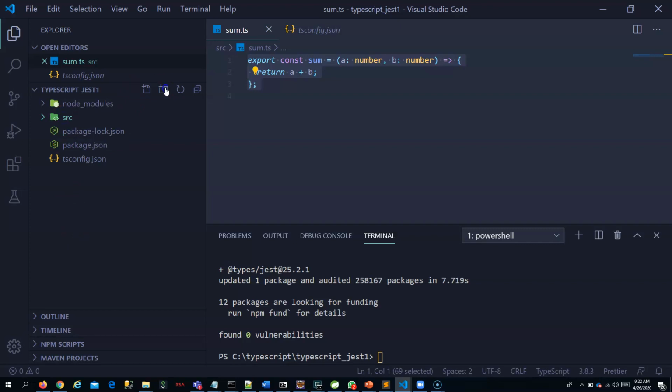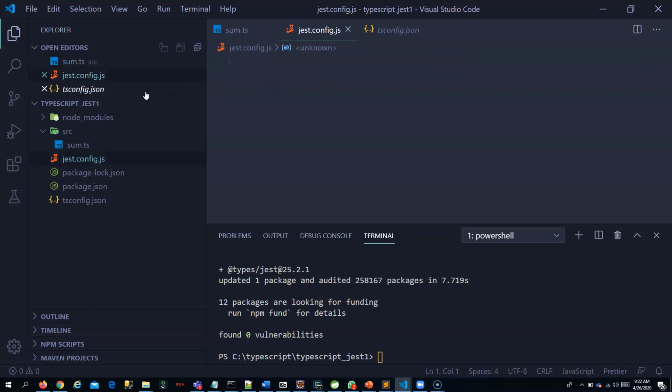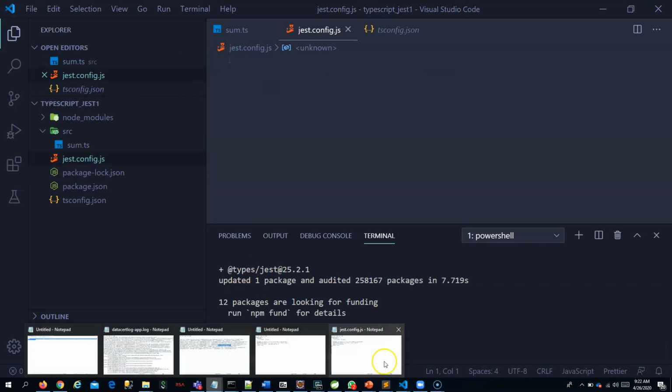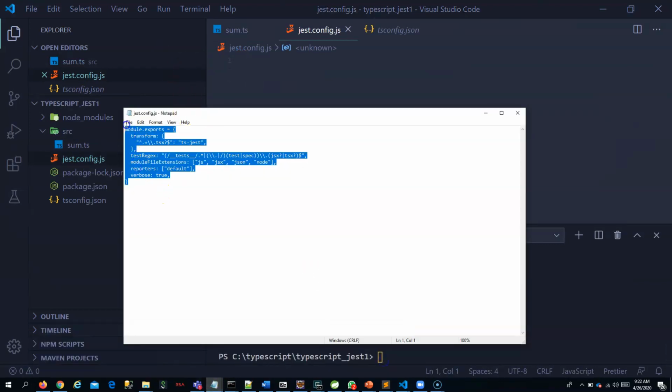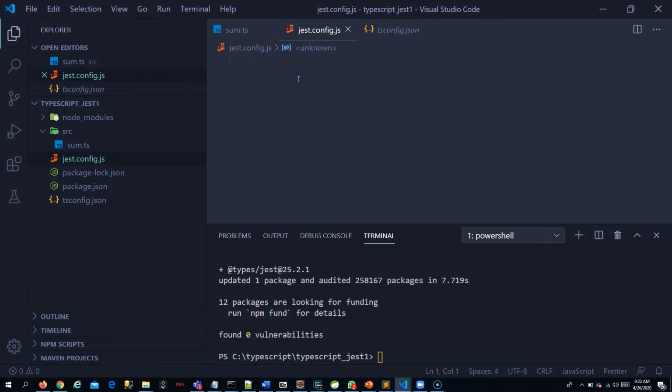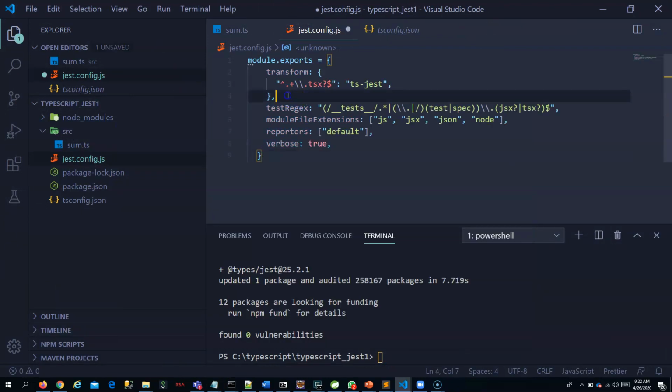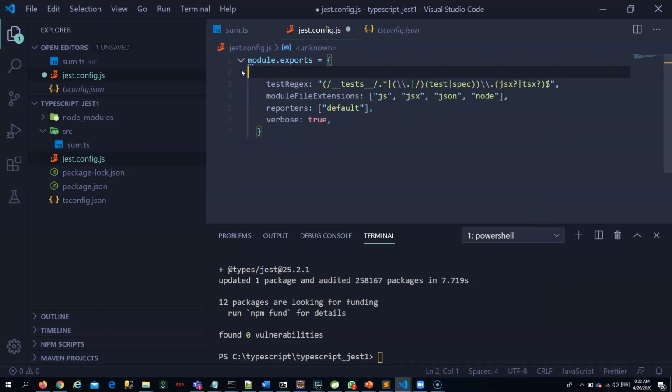Maybe not a configuration file, just config.js. I already have a sample configuration, I'm just using that. Right now let us not transform, just remove that.